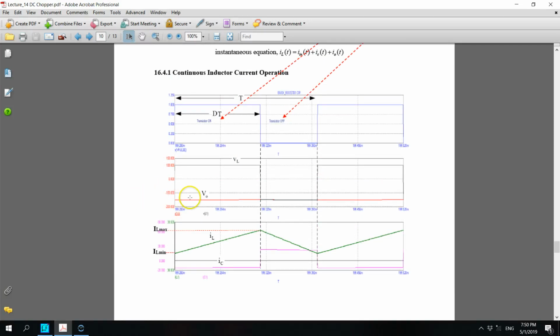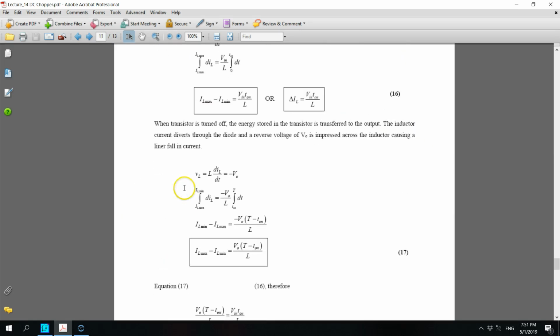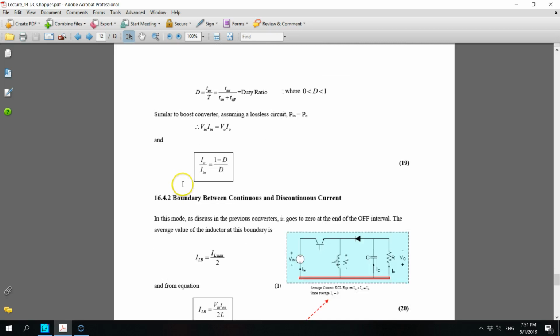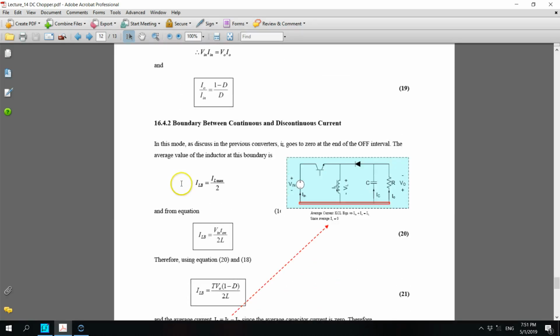The average of the inductor current is always IL max plus IL min divided by 2. That will give you the average between the two, IL max and IL min. That is the average current. Alright, so now, as I mentioned in the previous class, we need to look at the boundary between